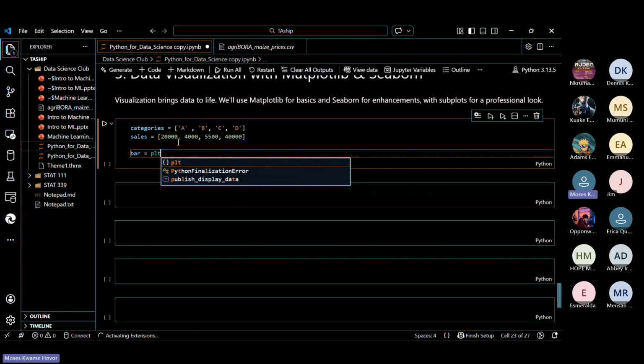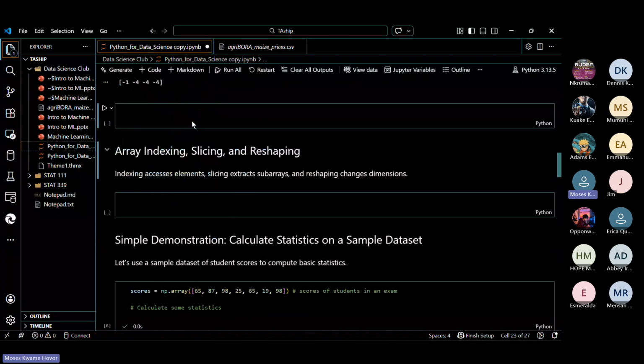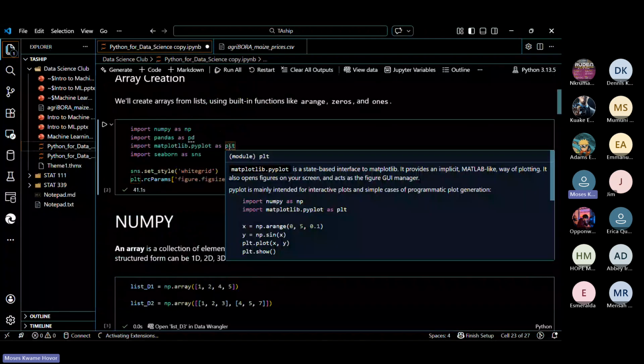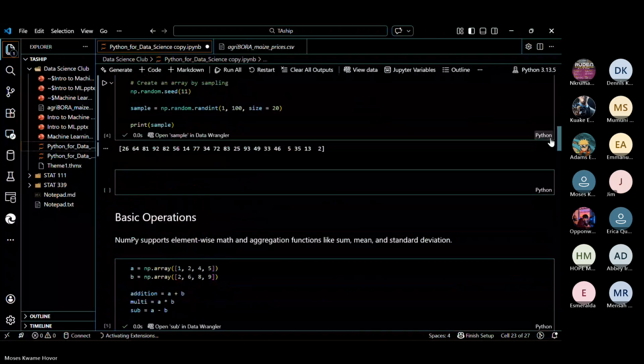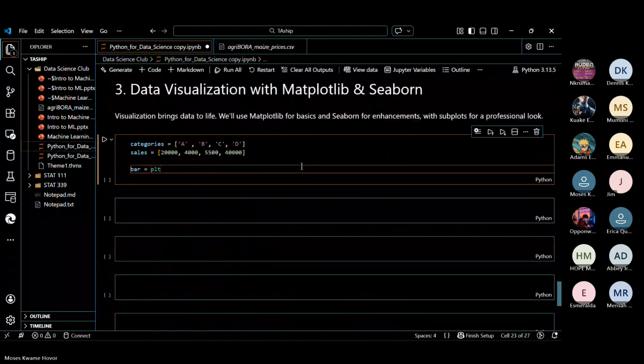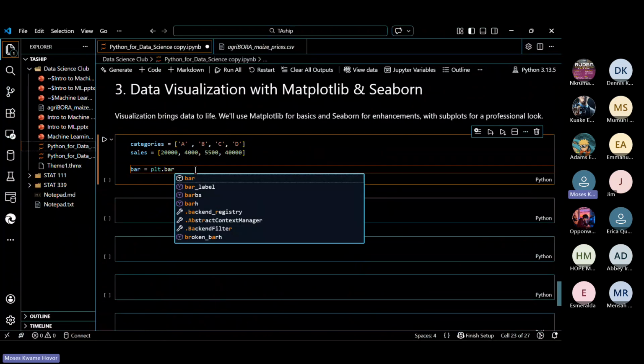As you can see, we called the matplotlib library and then we gave it an alias, and the alias was plt. So that's where I'm coming from. Then we call plt.bar. There's a function in Matplotlib called bar. Then we open the brackets.